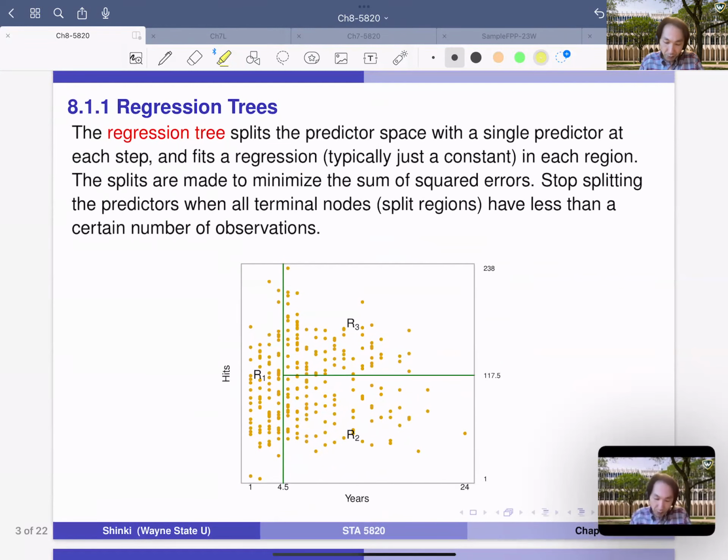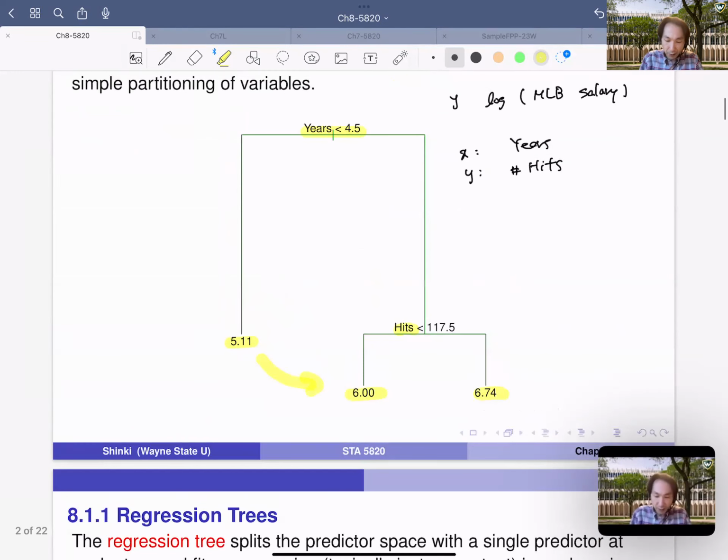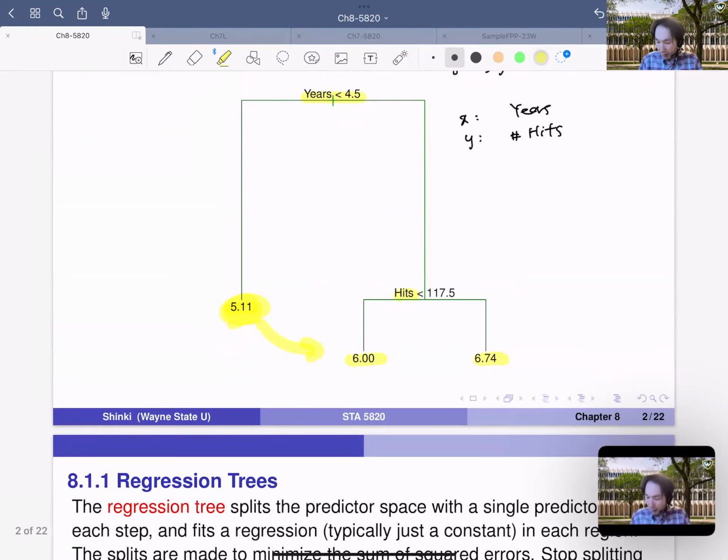Yeah, and the regression tree basically uses this idea. So a regression tree splits the predictor space with a single predictor at each step and fits a regression, typically just a constant. So in this case, we split the data, baseball players with years of experience less than 4.5 years. Just we take the average, right? We can fit some regression model still, right? So still within 4.5 years, then